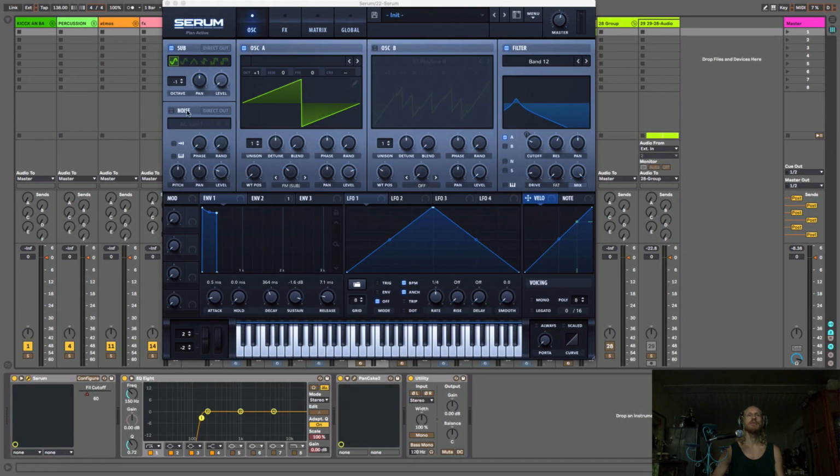Okay, so we've tried both FM techniques coming from both synths. Now let's change up the waveforms. Let's see if we can get better results. I kind of want